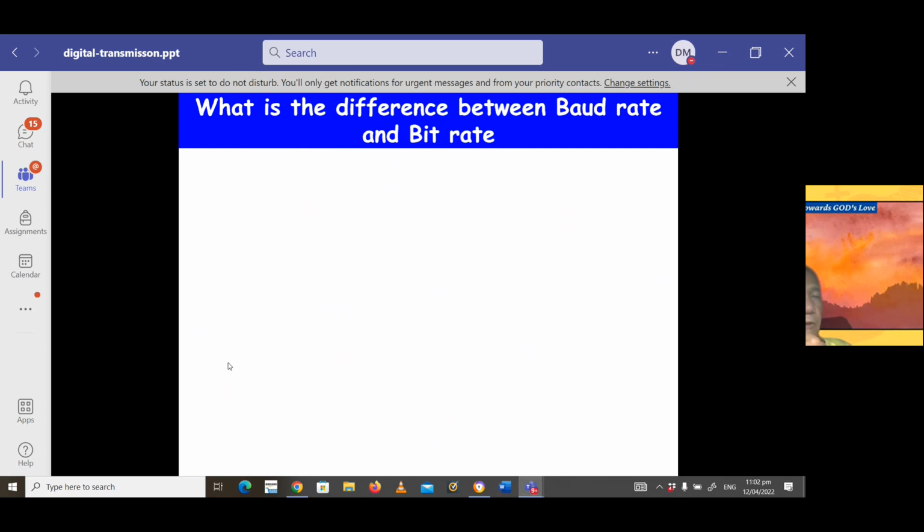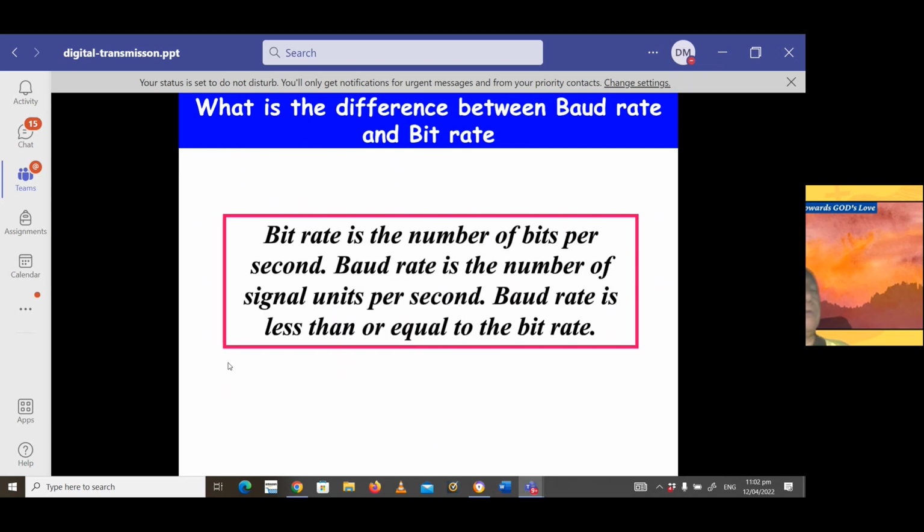So allow me to introduce to you the bit rate in digital transmission and the baud rate as well. Bit rate is the number of bits per second. Baud rate is the number of signals per second. So baud rate is less than or equal to bit rate. At the end of this PowerPoint, we will see that the baud rate can be equated to bit rate